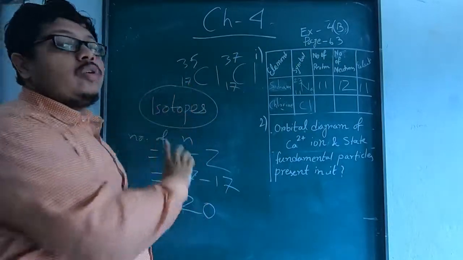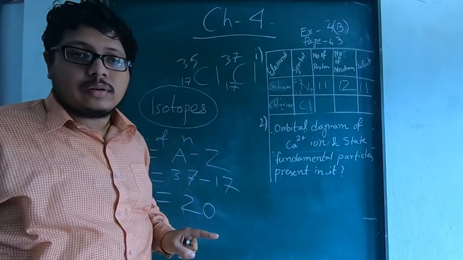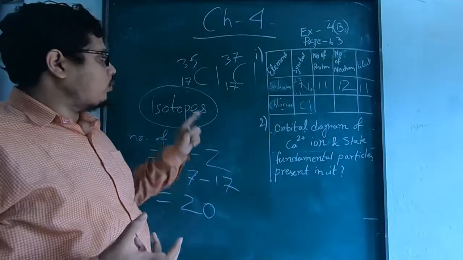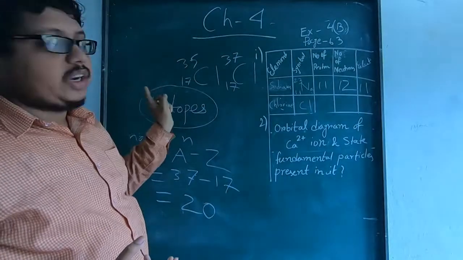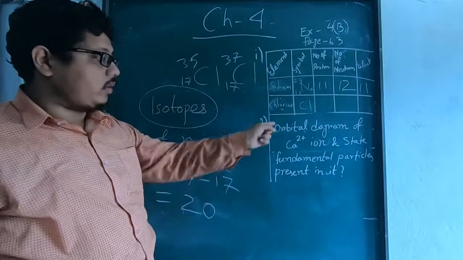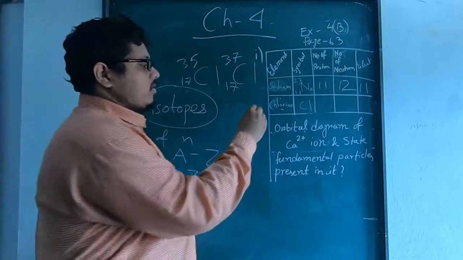So naturally this is found more common in nature. If I take a sample of 100 atoms, we'll always find this one to be 75% and this one to be 25%. So let us assume for completing the table, the mass number is 35